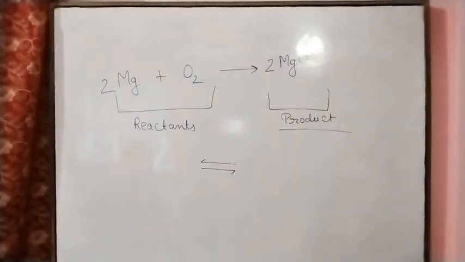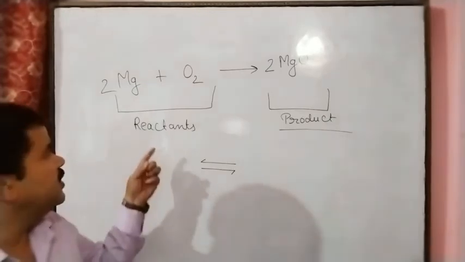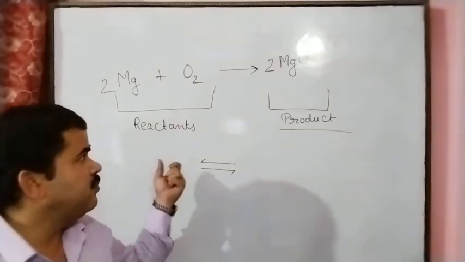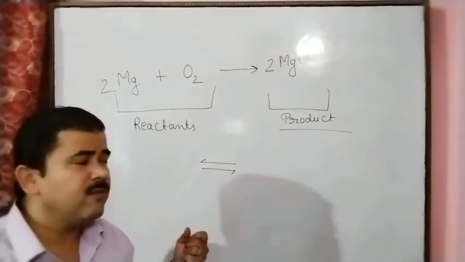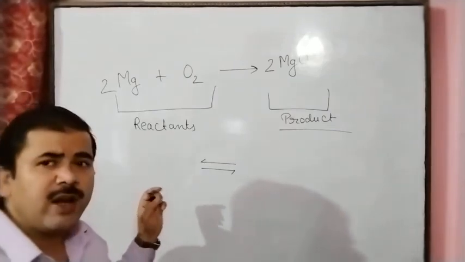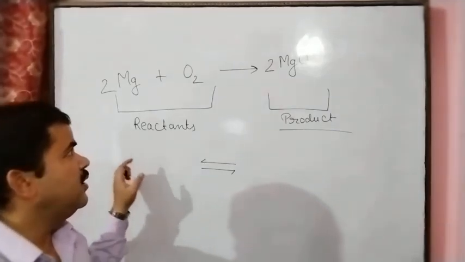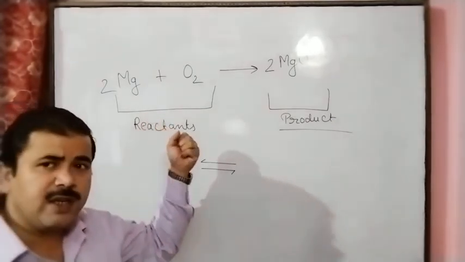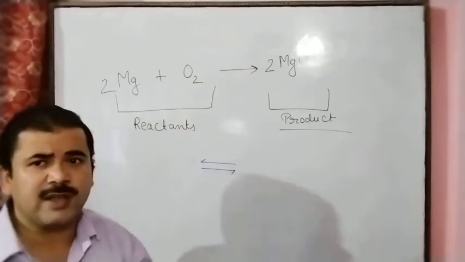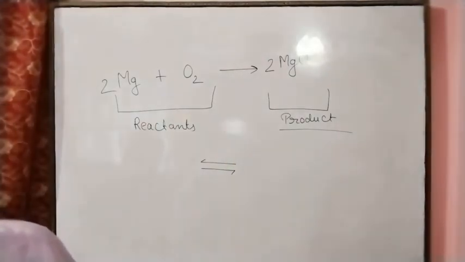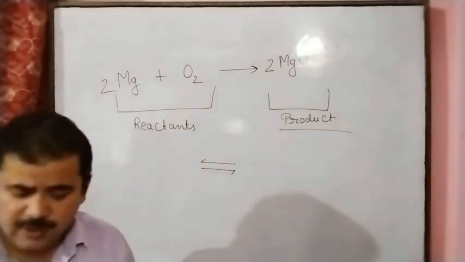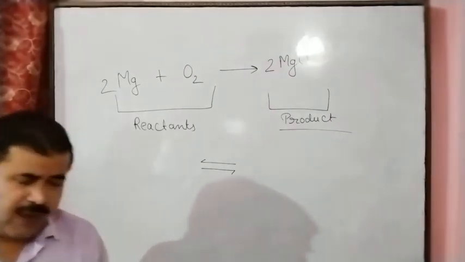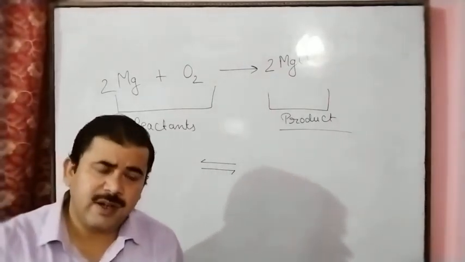And after this, for balancing, we are using the hit and trial method. The hit and trial method is the simple method for balancing a chemical equation. In this method we count the number of atoms of each element, and after that we equalize the number of atoms of each element on the reactant and product side. And after this, one more balancing method, the partial equation method. First of all, we will balance the chemical equation by the hit and trial method.